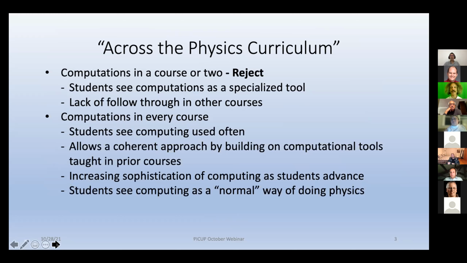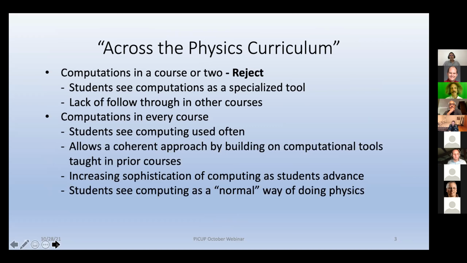And it was one of our earliest decisions that no, if we were going to make it normal, that meant it had to be everywhere. If we taught this using computational physics classes, that would automatically send a message that it's a separate thing, and that it's good for whatever problems the person who taught that course brought up, but maybe not for anything else. We wanted our students to really feel that computation is useful all across physics as a field. So we wanted to get computation into every course. We wanted students to see it all the time.